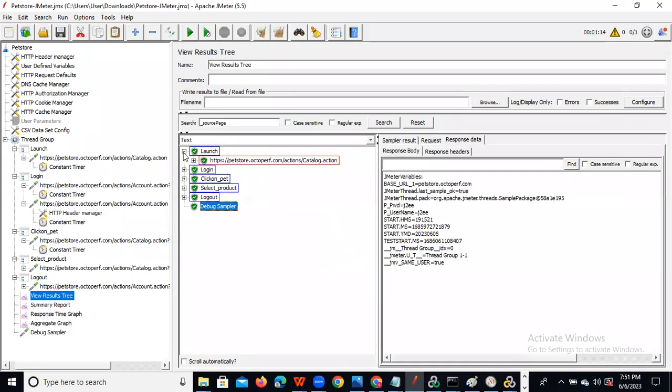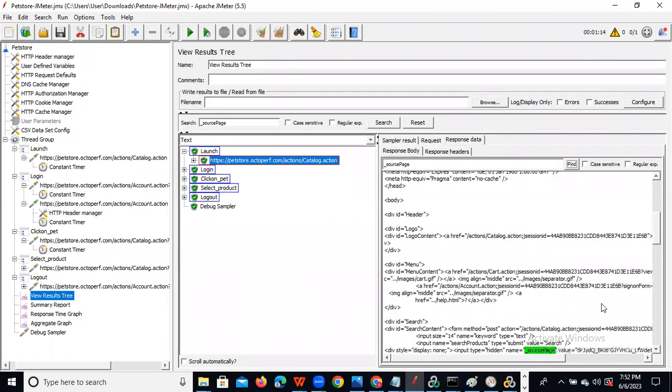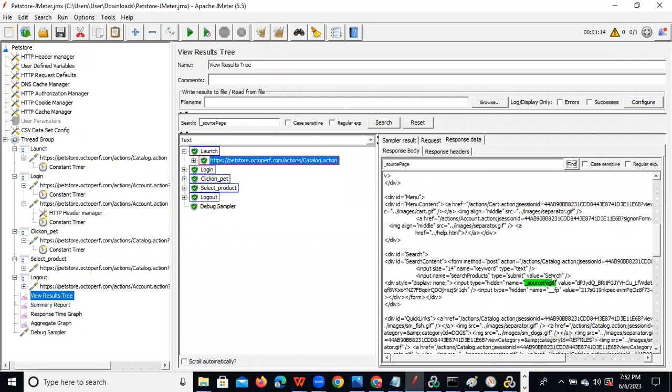We can click on this. You can see source space name is equal to this value. From the boundary point of view, we can take all of this up to here. I can copy this and keep it in Notepad.